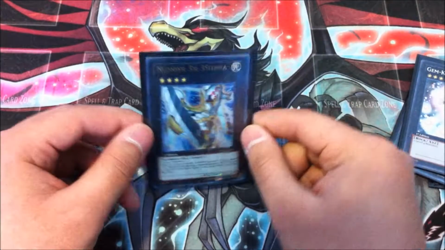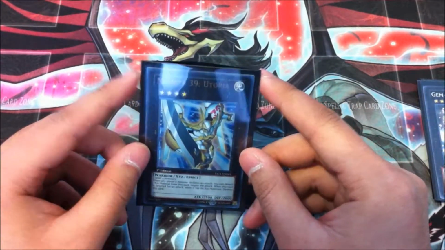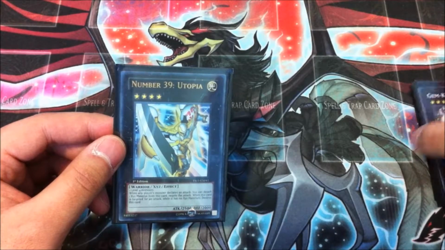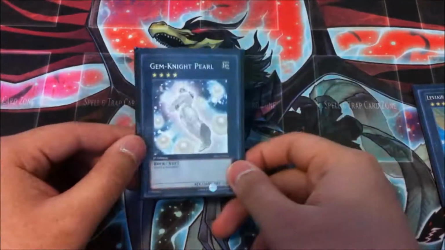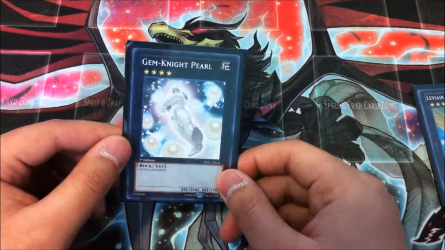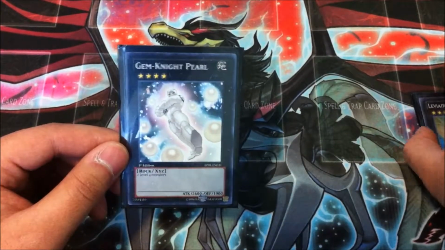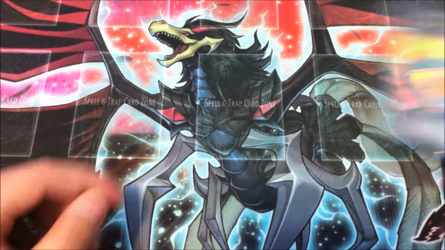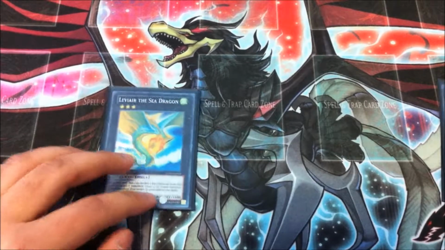Utopia, nobody really runs this card anymore, but she's just there if I need to stall a little bit to get my plays going. Because Crystal Beast is a slower deck, I need more stall factors. Gem Knight is just here to get over annoying cards like Ophion or Stardust. Let's say for my R3s, I have Leviair, because we're gonna be banishing with Dark Simorg,